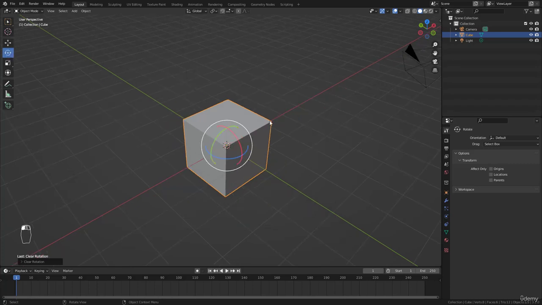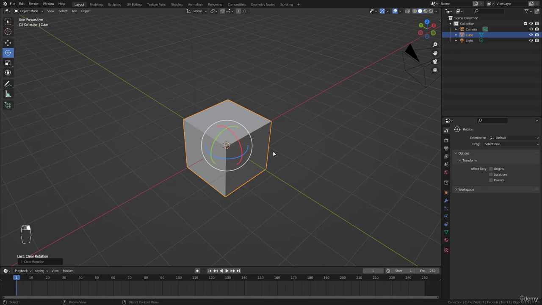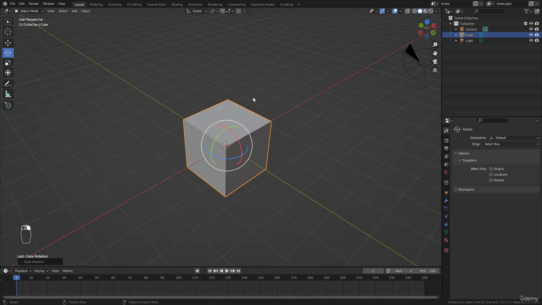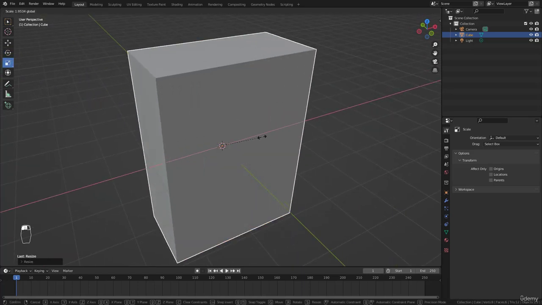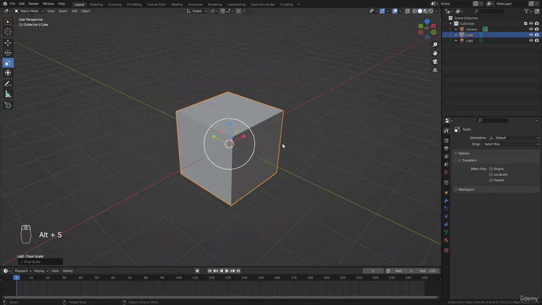And remember, with rotation, you still have the option to press Shift and move with small increments, RX for example, and press and hold Control to snap it in each 5 degrees, or to rotate it by 5 degrees each time. Okay, next we have scale along any axis, and Alt S, because S is for scale,